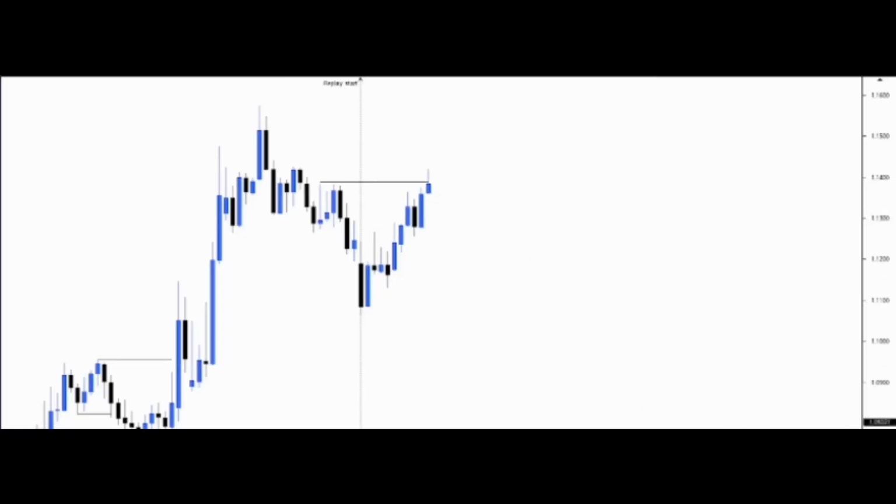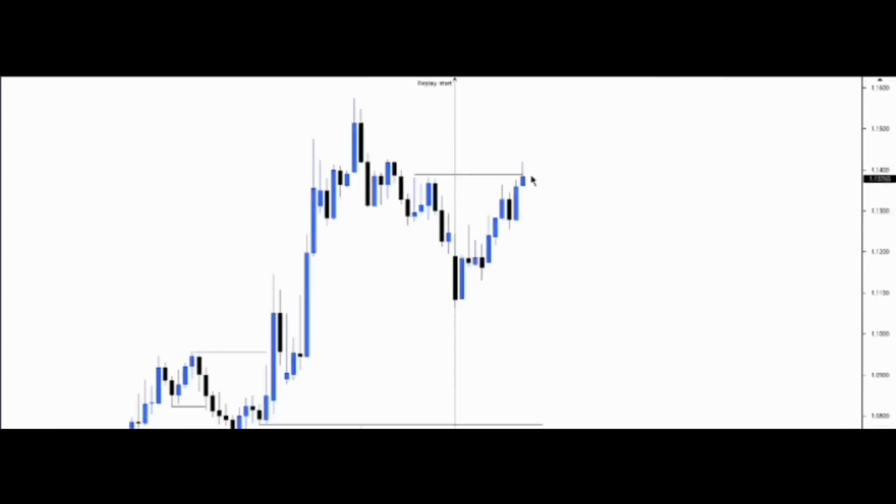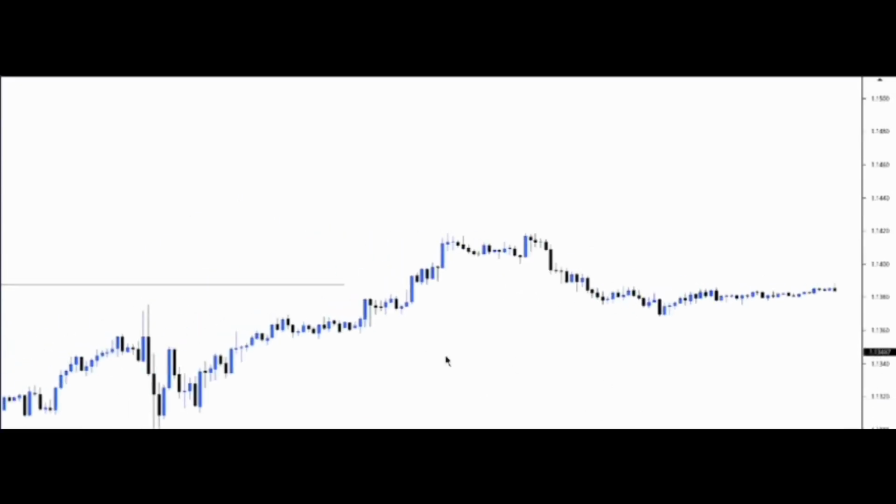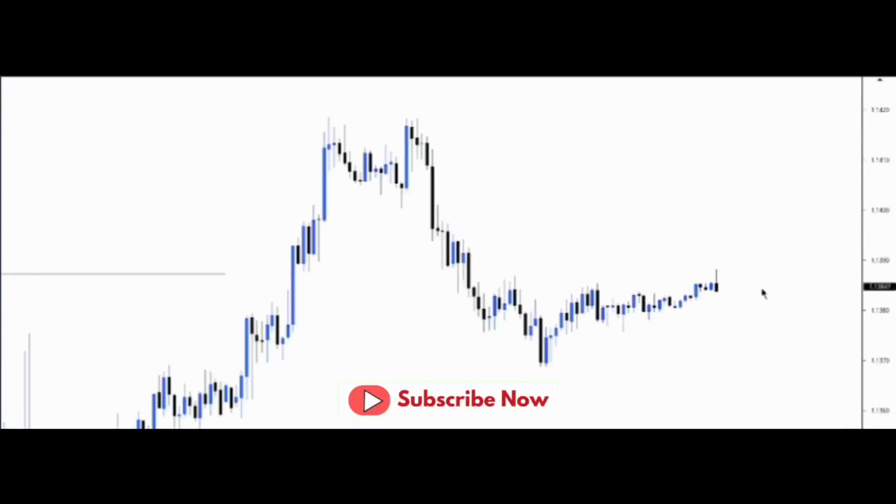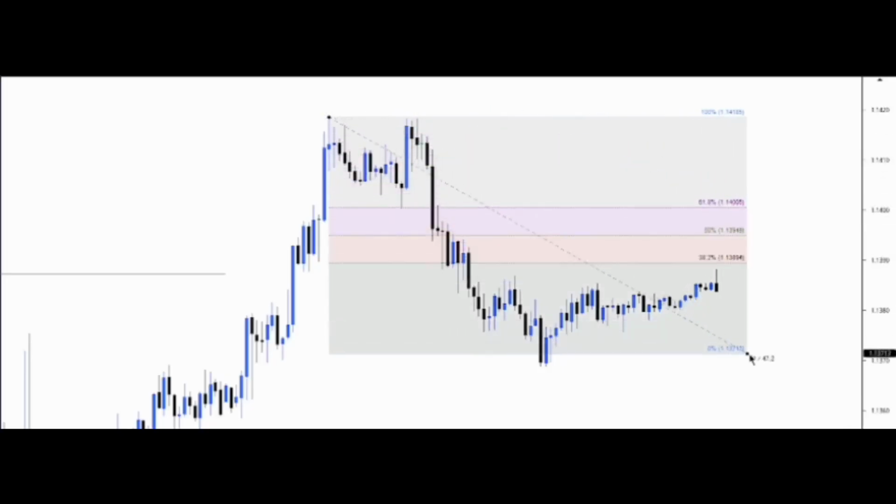So now you can use your Fib tool here if you so desire, or if you want, you can get to the lower time frame and use your Fib tool. So me, I'm going to go to the lower time frame to use the Fib tool. Remember, this is 26th of May. So let's get to the 15M. Okay, this is where price swept liquidity on the daily time frame. Now, when price opens, we want to use our Fib tool to know where price will retrace to, so we can enter the market going short. So from here, all the way down here,